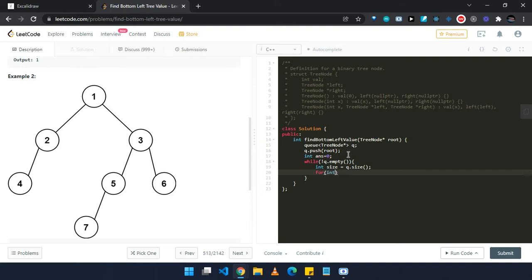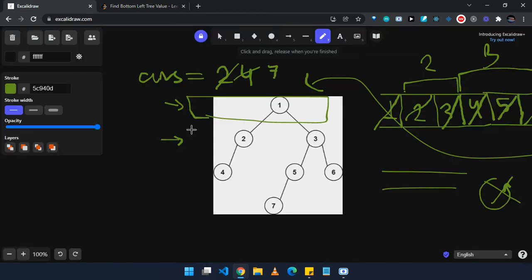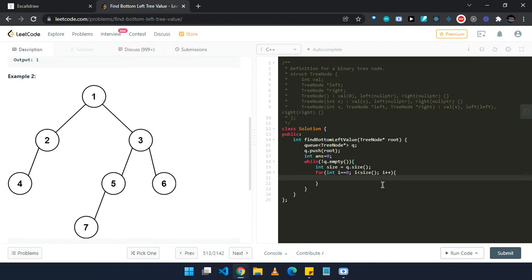For all the elements with i less than size, we'll pop them one by one. Also to note, we need to take the first node of each level and store that in answer. The first node will be at index 0. So we'll take the front node, given by q dot front, and we'll pop it with q dot pop.